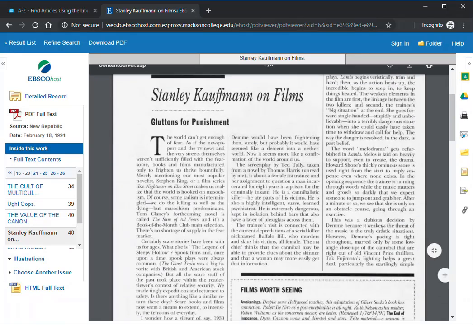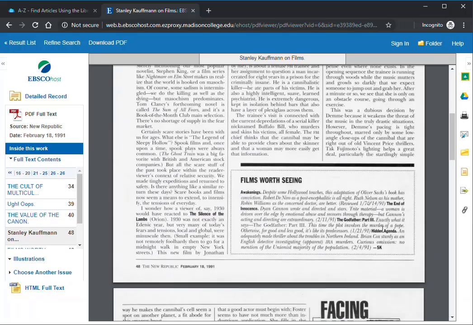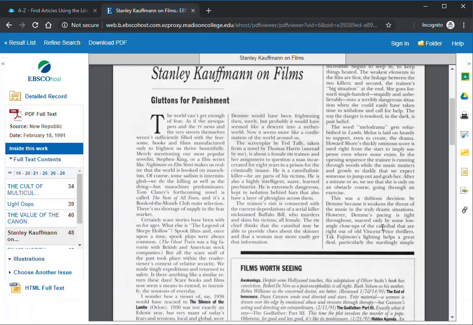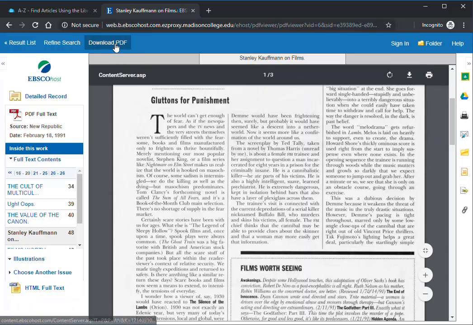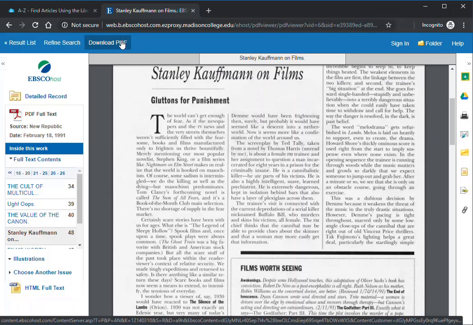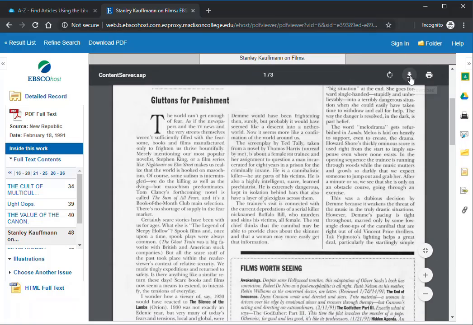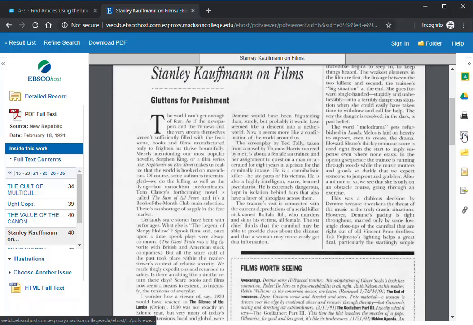And I can read the article here. Or if I want to save it, which I highly recommend when you find anything that looks interesting, or you think might be useful, or you know for sure that you want to use, you can download the PDF by clicking here, here, or if you click on this envelope on the side here,